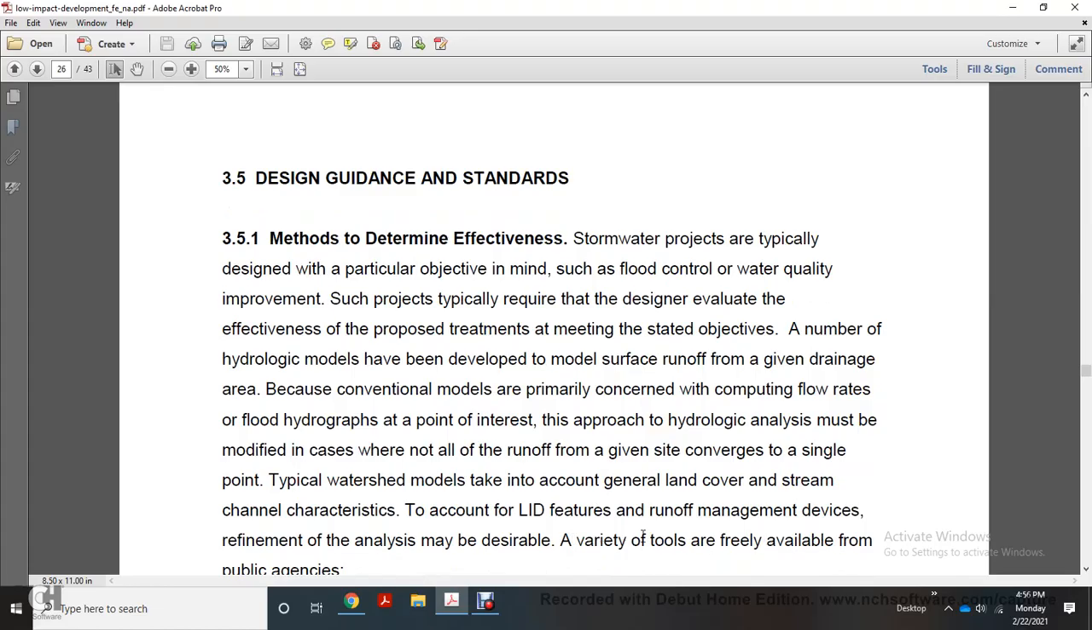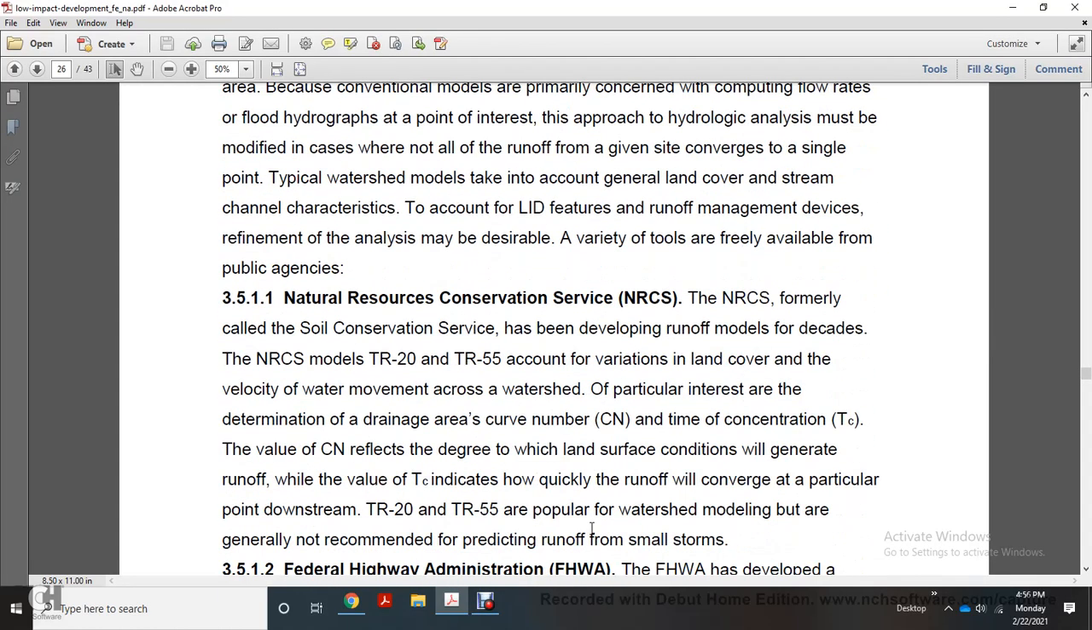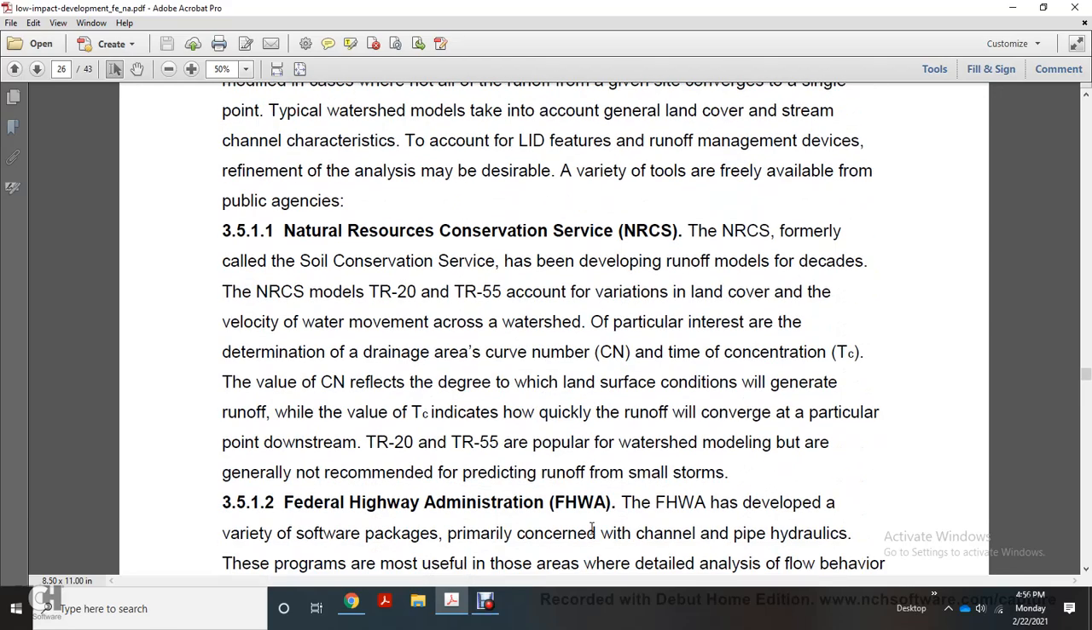A variety of tools are free and available from public agencies. The Natural Resource Conservation Service, the NRCS, formerly the Soil Conservation Service, has been developing runoff models for decades. The NRCS models TR-20 and TR-55 account for variations in land cover and the velocity of water movement across the watershed. Of particular interest are the determination of the drainage area, the curve number,